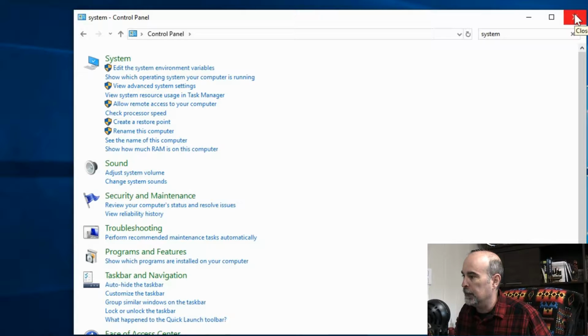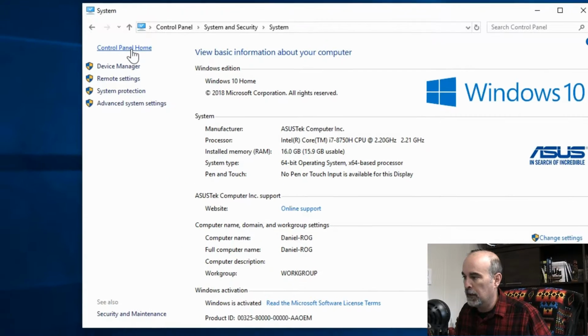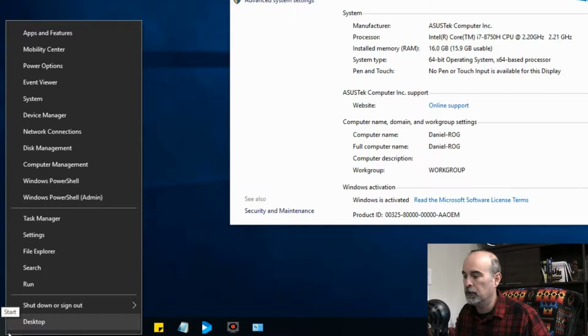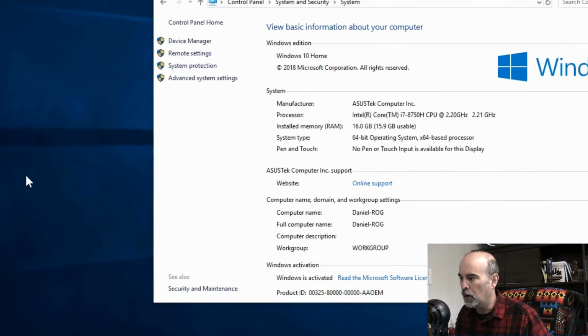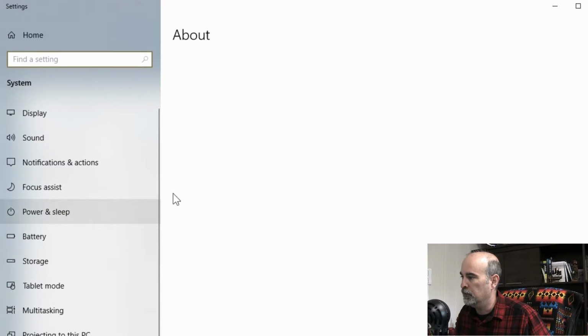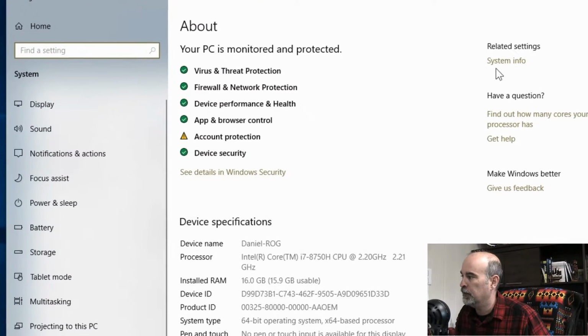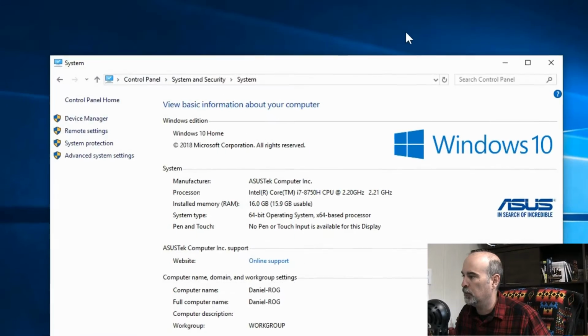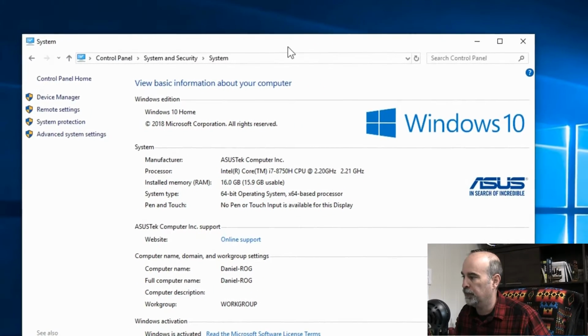So you could go through this way, and the other thing is if you right click on the start button you can go to system as well, and that's a shortcut to get to the same thing. Although it actually brings you to the new control panel, and then there's system info up here, and when you click on that then it will bring you to this screen.